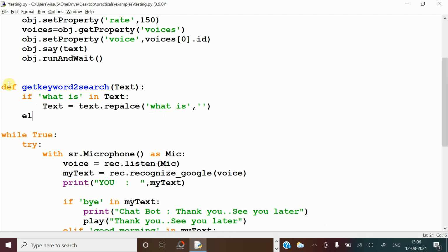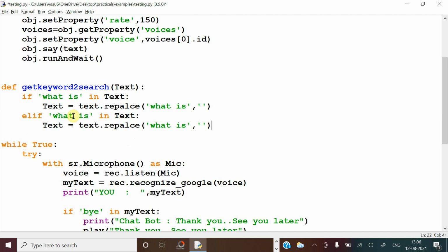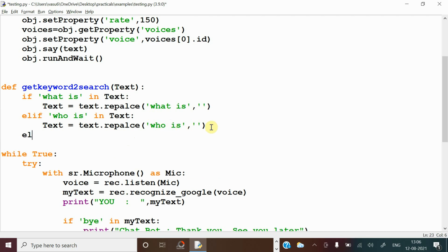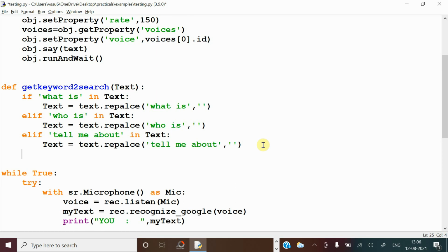Similarly, if you want to handle "who is", the same thing can be replaced with empty space. Similarly, if you want to replace "tell me about", the same thing can be kept here. See this one? Yeah, it has been replaced, and at the end you have to return